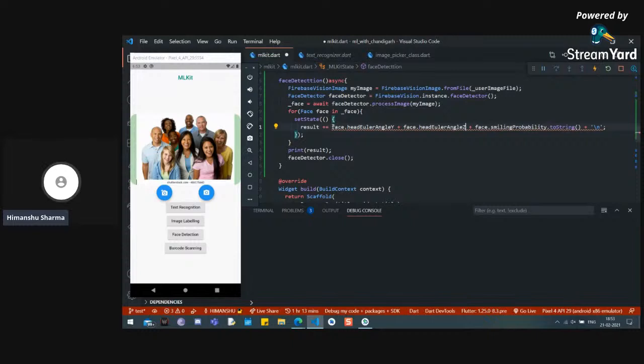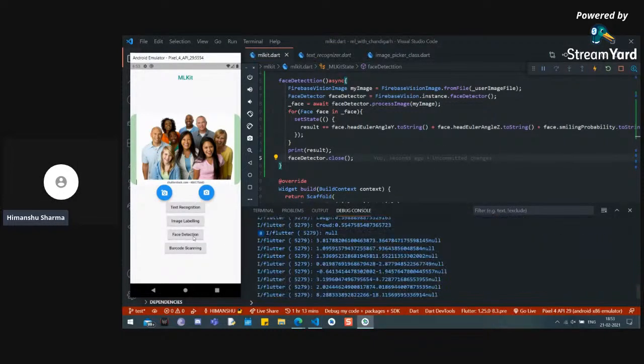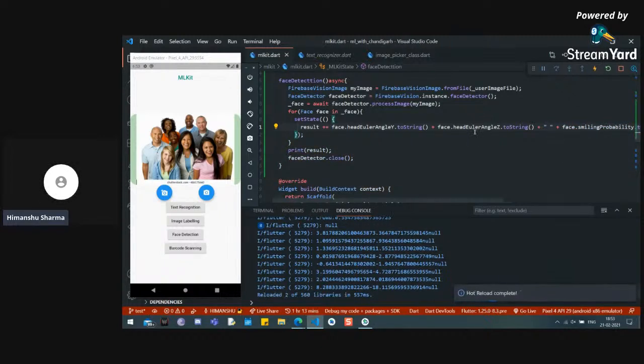Head angle z dot toString, and dot toString. Save it. Check the detection. Yeah, it is showing something. So face probability is showing null, but it is showing the angles. So if we hover over these angles,